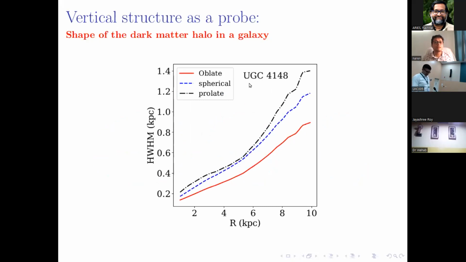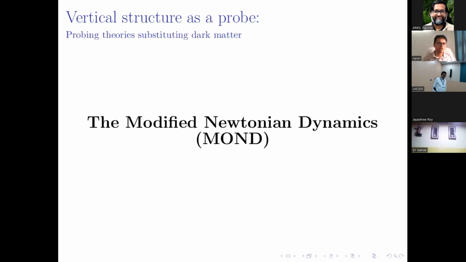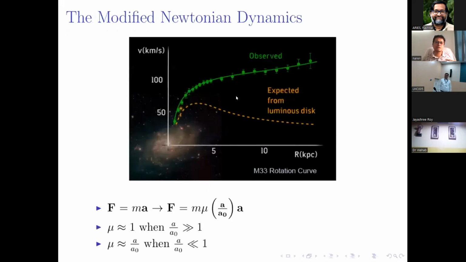This is done for the dwarf galaxy UGC 4148, and for three different types of dark matter halo you see that the profile is different, and this can be compared with the observation to conclude whether this galaxy has a spherical dark matter halo or otherwise. This technique can also be used to probe alternative theories to dark matter, like modified Newtonian dynamics. By solving the hydrostatic equilibrium equation under the MOND formalism, one can ask whether this is consistent with